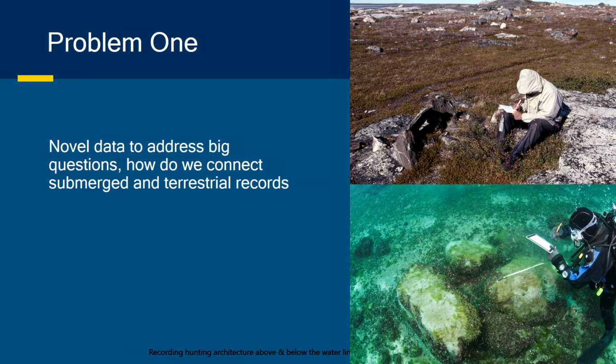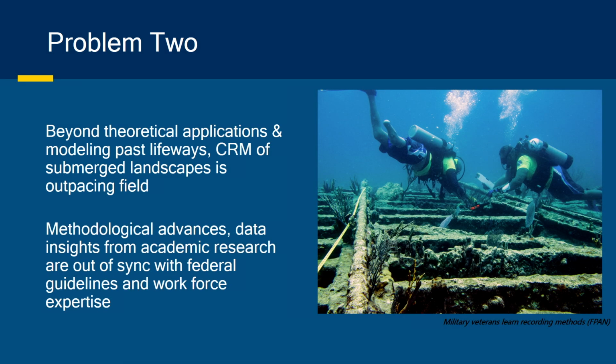So there are these two big problems that we still face as submerged prehistoric archaeologists. One is, okay, we know we have this novel data, so how do we connect it to those models? How do we connect the submerged and terrestrial records together? And moving beyond that, something I've been thinking about more recently is beyond our theoretical applications and